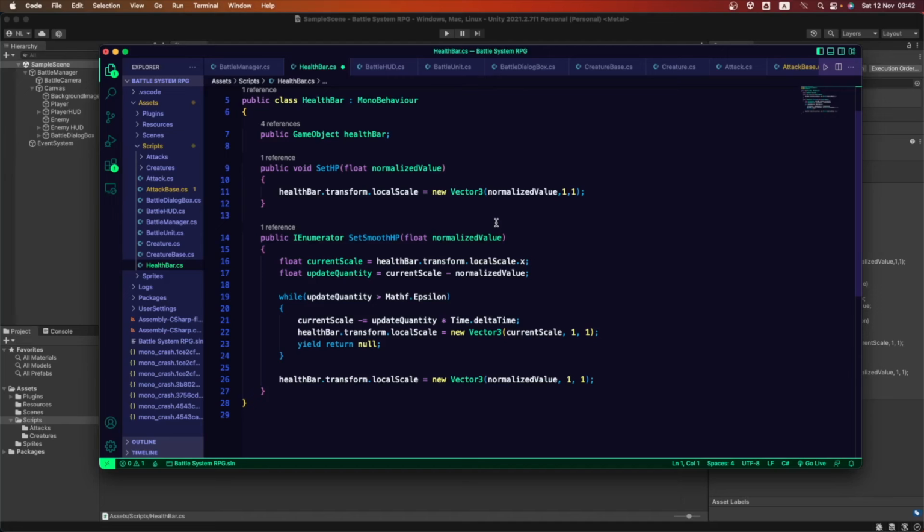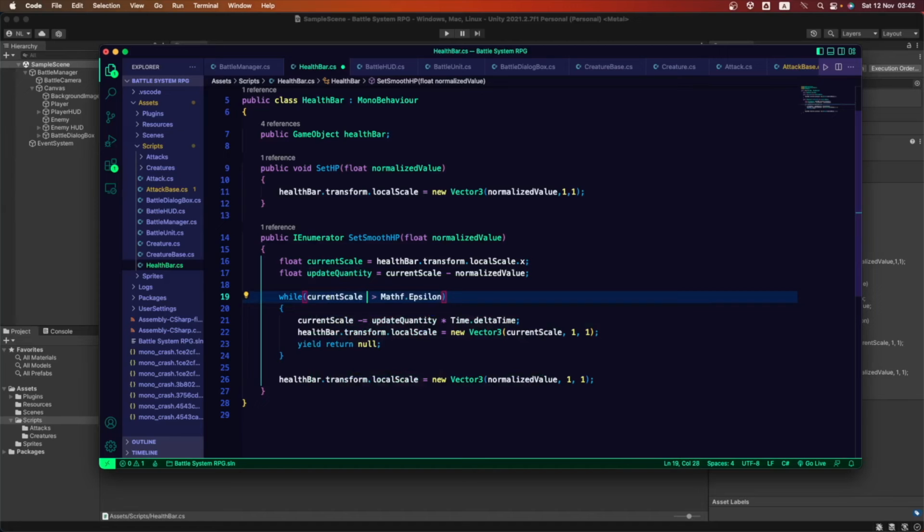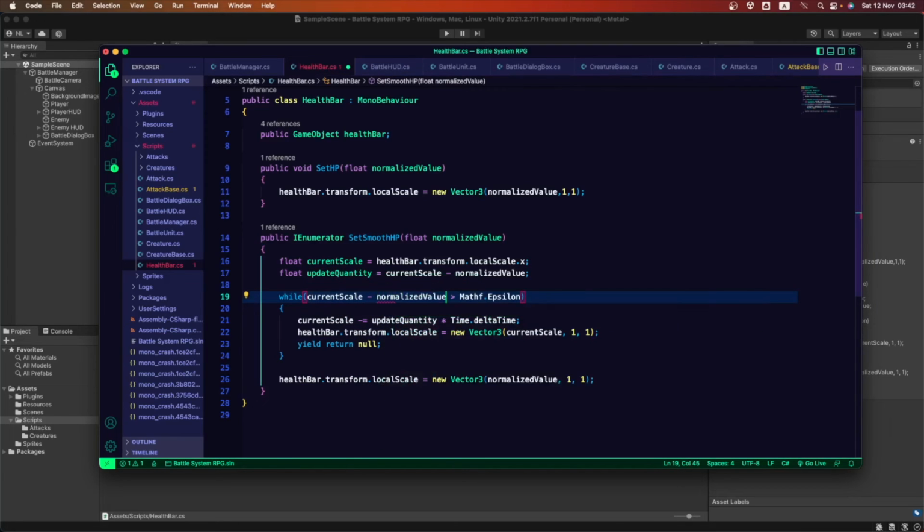Okay, so here is the error I made. So pay attention here so you fix this and this doesn't happen to you. I was using this update quantity. I made a mistake there. I don't want that float value there. I want here the current scale minus the normalized value.